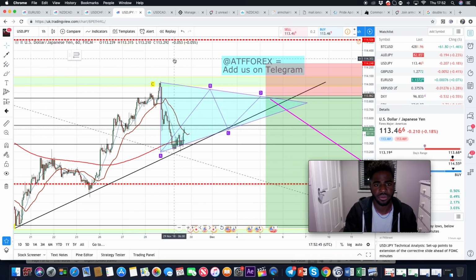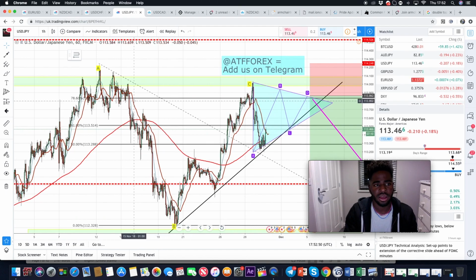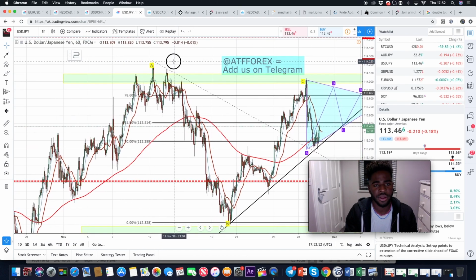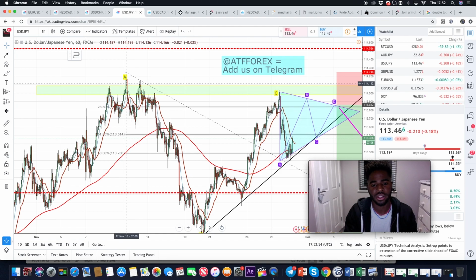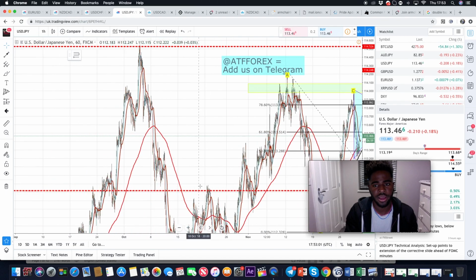USDJPY. Again, on a smaller time frame, USDJPY has got a lot of movement right now, but on a smaller time frame, if I go across here,